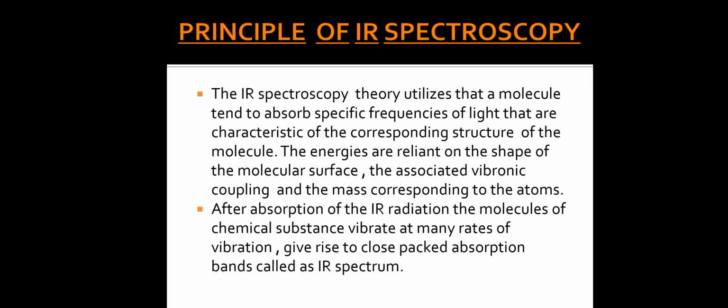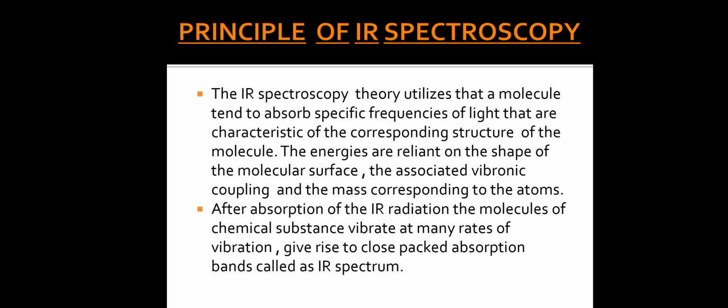Now, let us discuss the principle of IR spectroscopy. The IR spectroscopy theory utilizes that a molecule tends to absorb specific frequencies of light that are characteristic of the corresponding structure of the molecule. So, when a specific wavelength of infrared light is passed through a sample, the molecules of this sample undergo vibrational changes by absorbing some of the light and by transmitting other light, which is called transmitted light, and then the total amount of absorbance and transmittance are calculated in IR